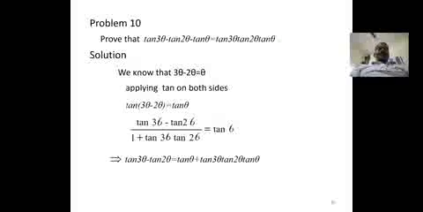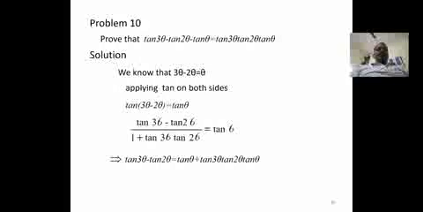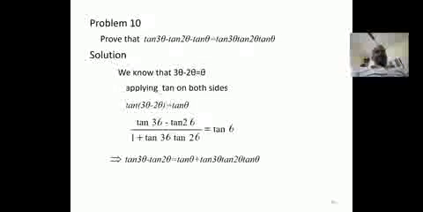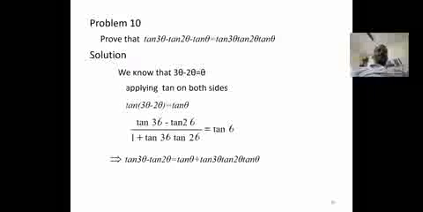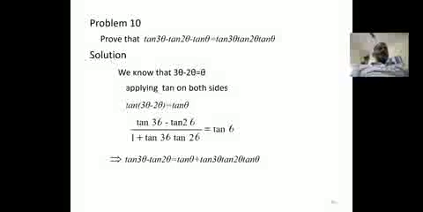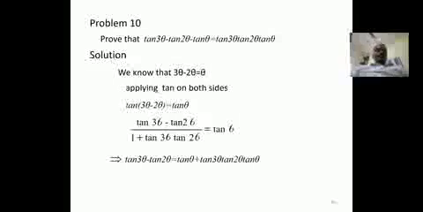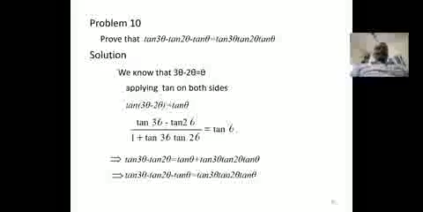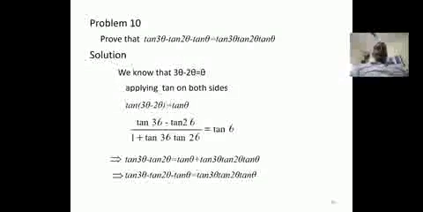So that is tan 3 theta minus tan 2 theta equal to, by cross multiplying, tan theta into (1 plus tan 2 theta tan 3 theta). After multiplication, tan theta plus tan 3 theta tan 2 theta into tan theta. So here this tan theta take to the left hand side, tan 3 theta minus tan 2 theta minus tan theta equal to tan 3 theta tan 2 theta tan theta. This is the required result.